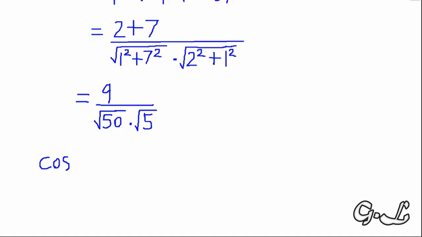Don't forget, on the left hand side there is cos of the angle between A and B. So cos of the angle is equal to, when you do the calculations on the right hand side, 9 over square root of 50 times square root of 5,